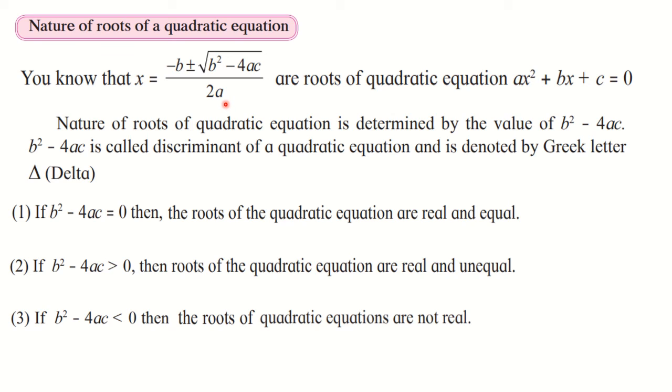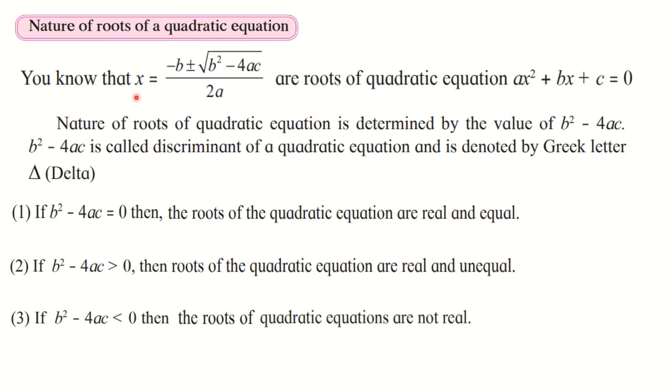So that means you are going to get only one root. What we can say here is, if delta is equal to 0, then the roots of the quadratic equation are real and equal. Only one root we are getting. That means both the roots are the same. It's a perfect square. Then the second possibility, b square minus 4ac is greater than 0, that means positive. We have seen in sums that we get a positive number here, and then we separately get the 2 roots.